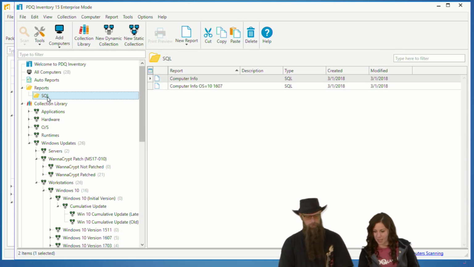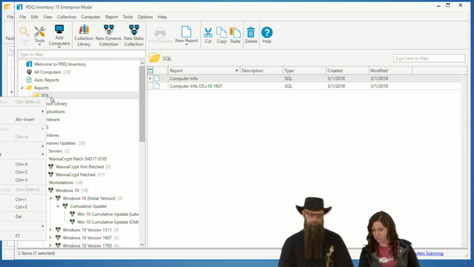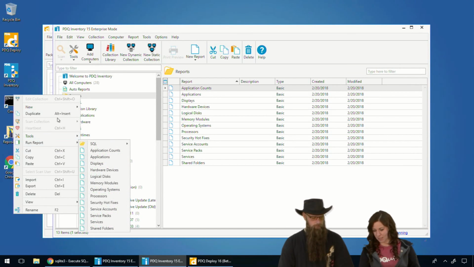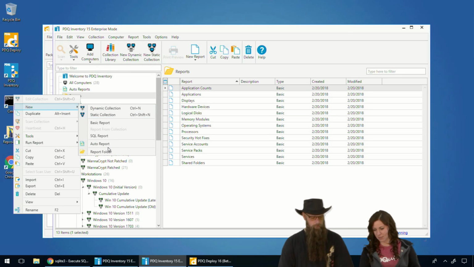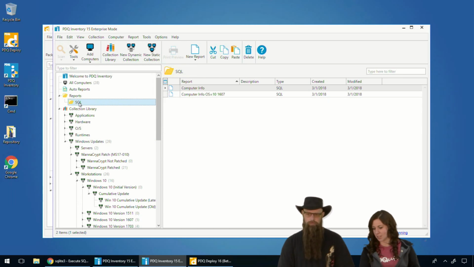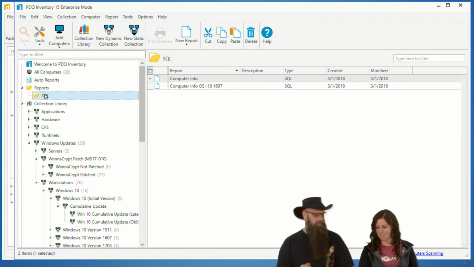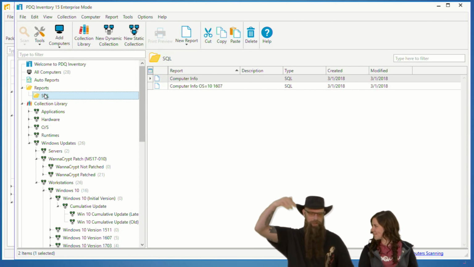We have created a SQL folder here. We did that by going to the reports folder, right-clicking, and hitting New, and then Report Folder. So we just created a SQL folder, just a good way to organize your different reports. I've seen people with just one folder that has